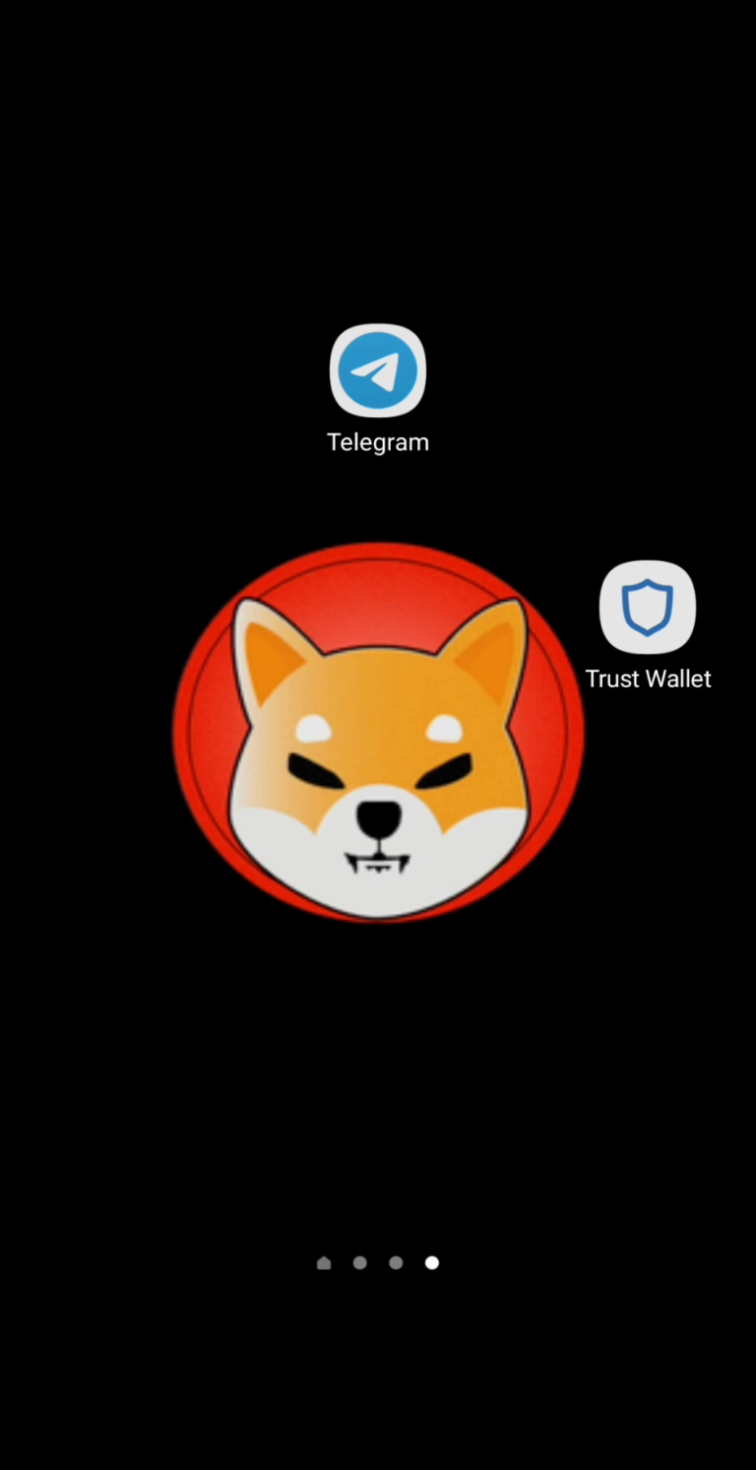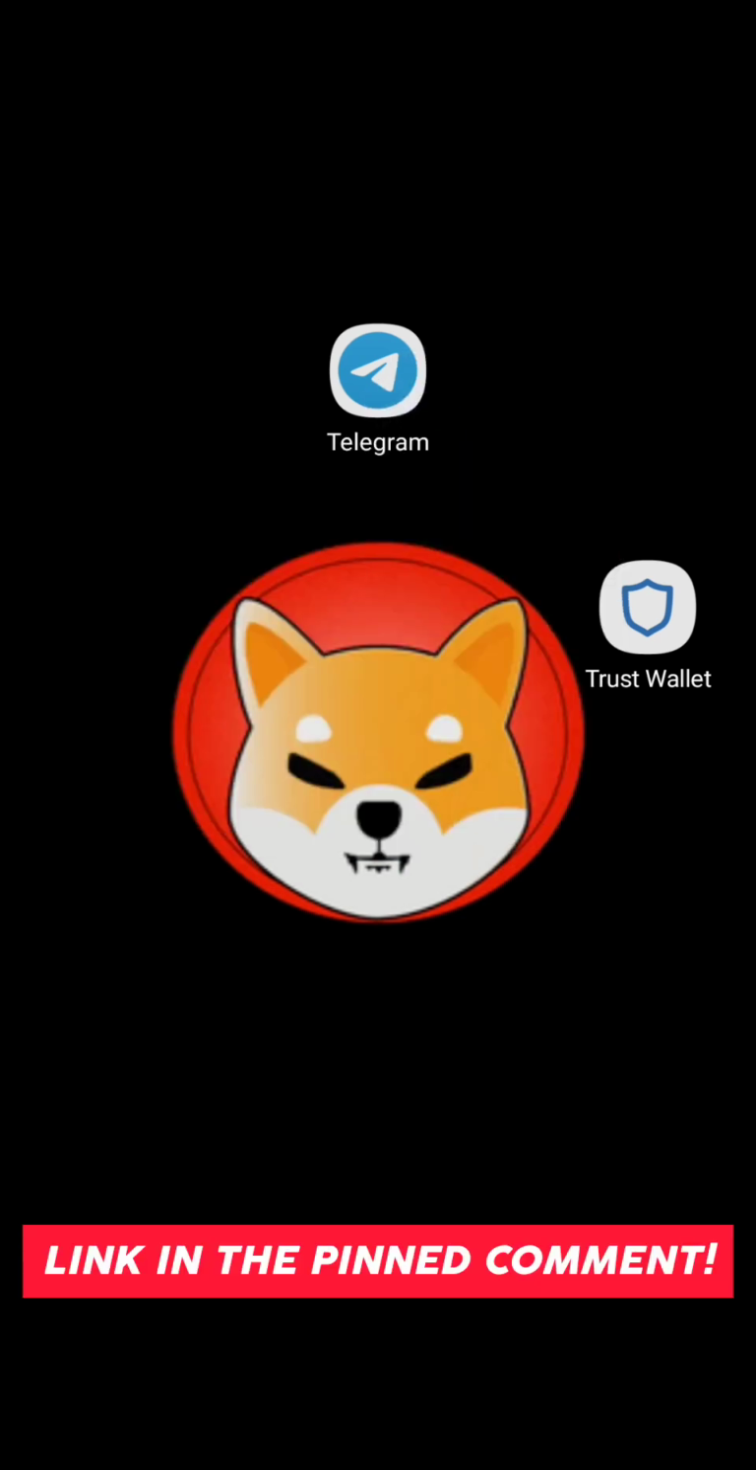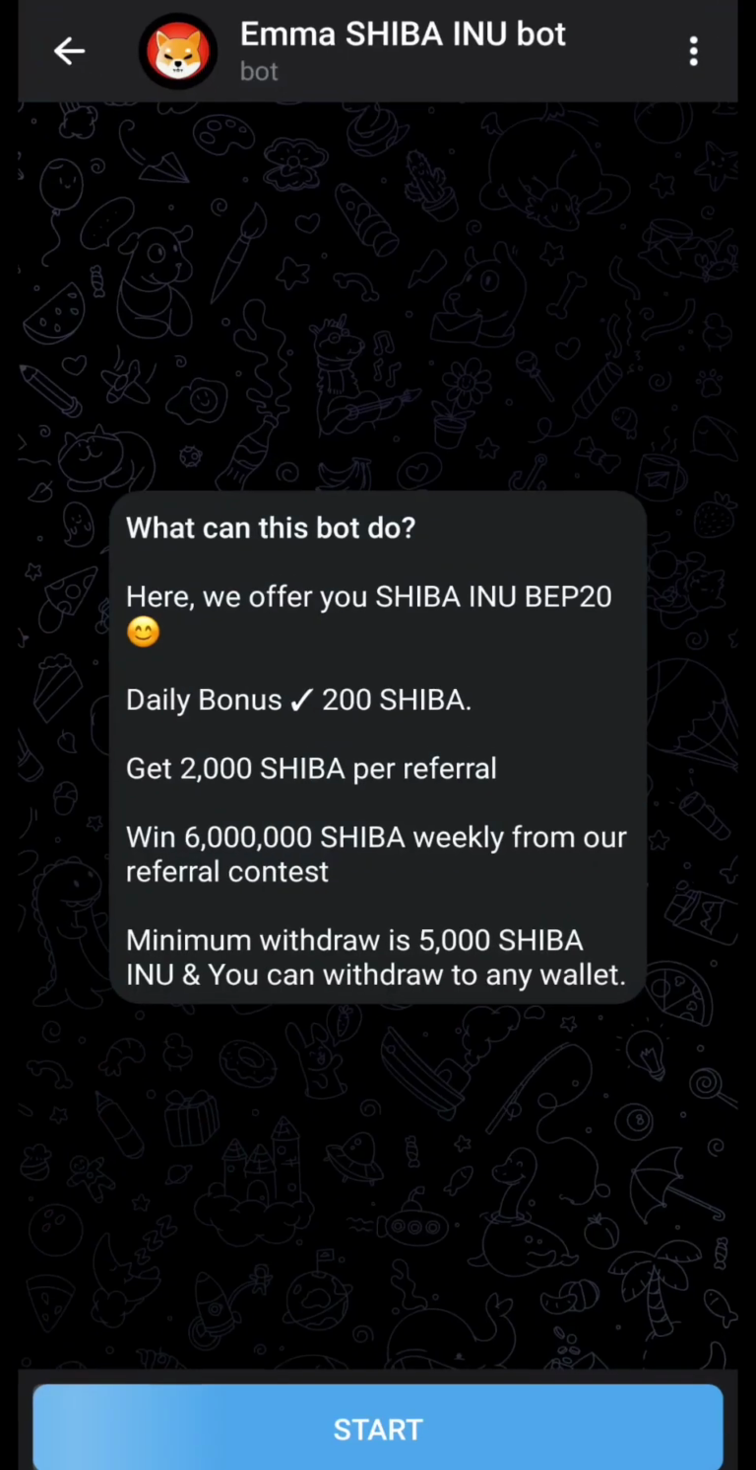So today I'll show you how to mine free SHIB coins with a Telegram bot. The Telegram bot link is in the description. You can click and be redirected to this Telegram bot. With this bot, you get a daily bonus of 200 SHIB coins. Per referral, you can get 2000 SHIB coins. Yeah, this is great. And the minimum withdrawal is 5000 SHIB coins. To start this bot, click on the start button